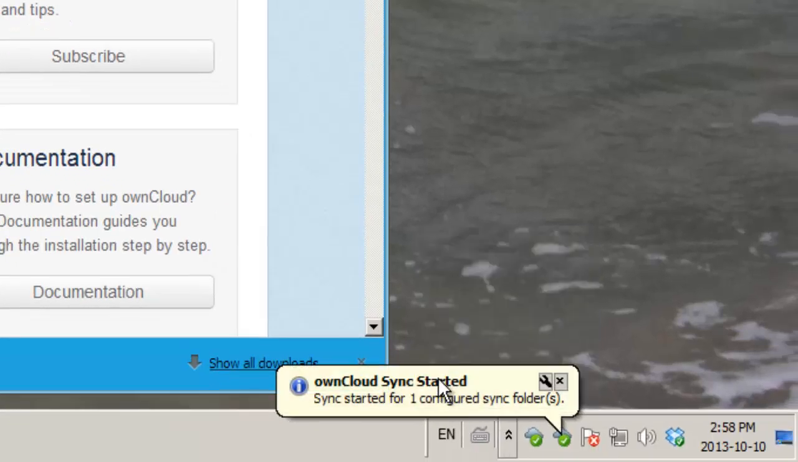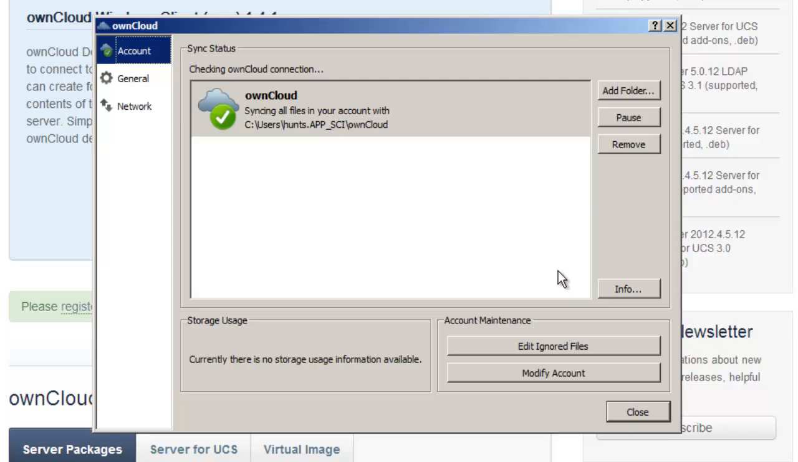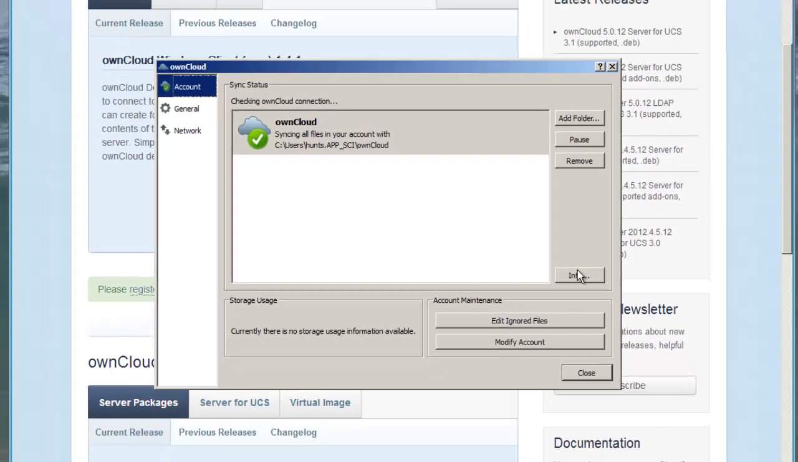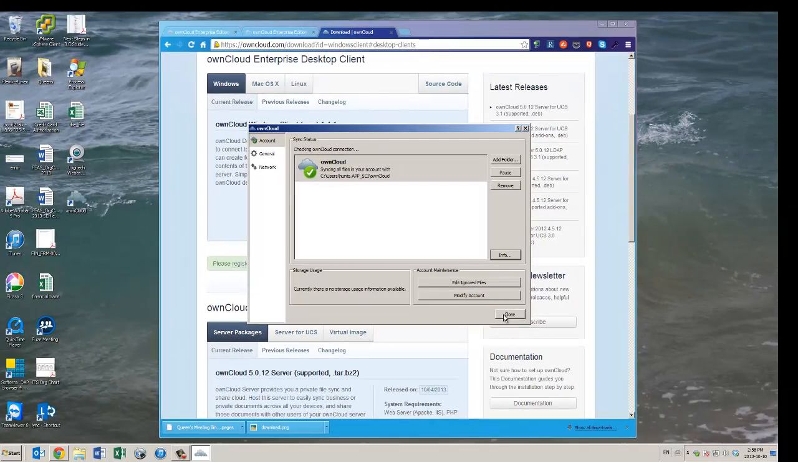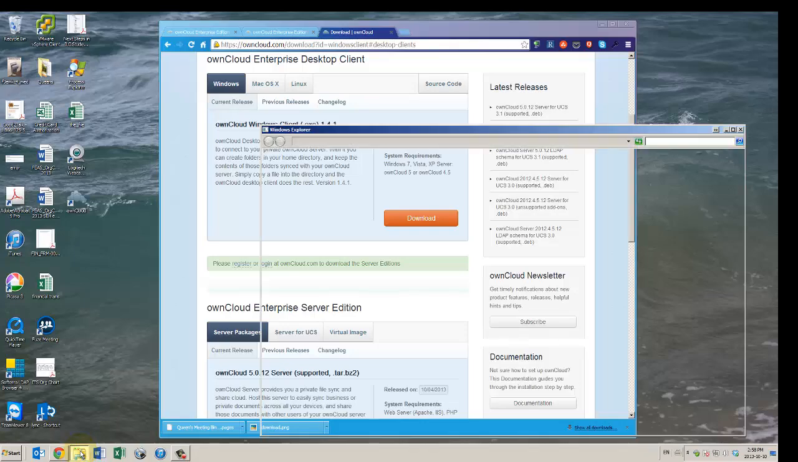You can see that the Owncloud sync has started. If we right-click on the logo in the task area, we can choose Settings, and we can see from the green check mark that we've got everything set up correctly. At this point, I'm going to close the settings. Now, if you open a standard Windows Explorer,